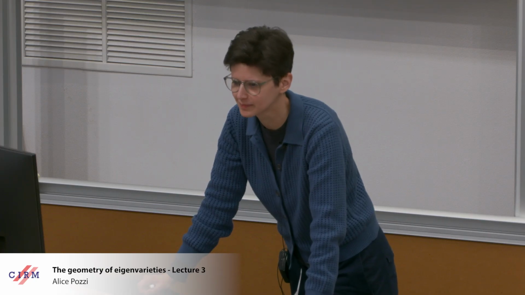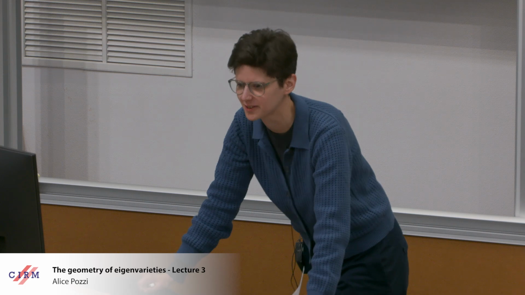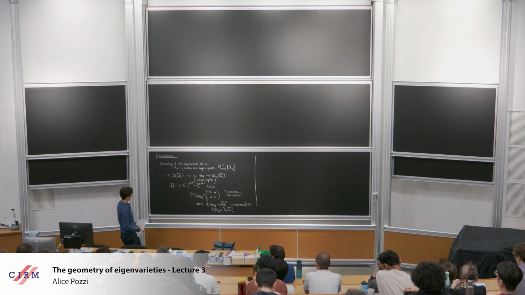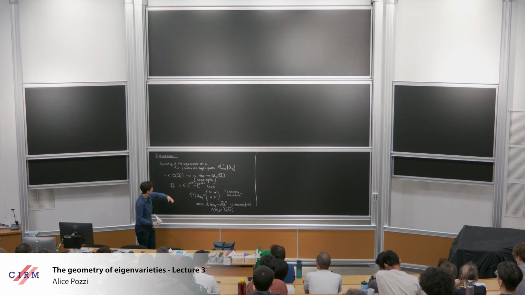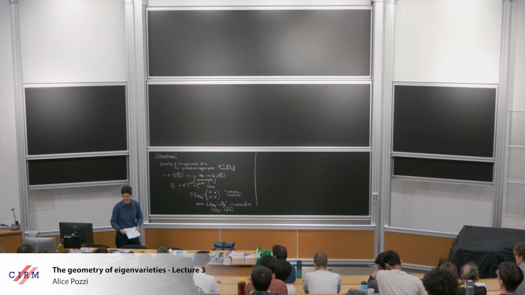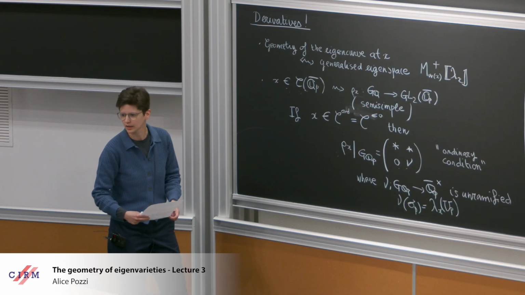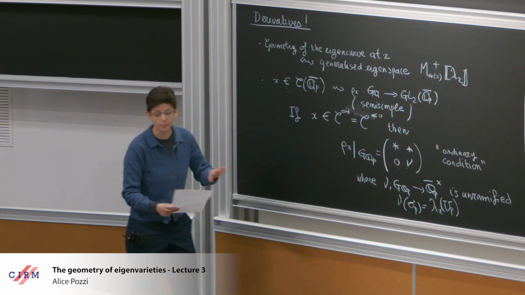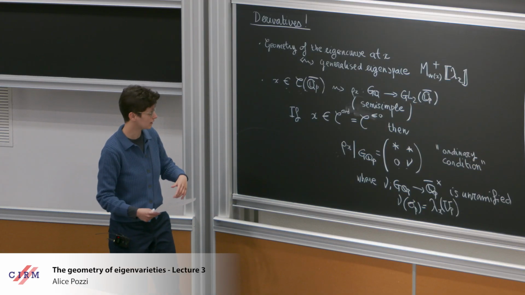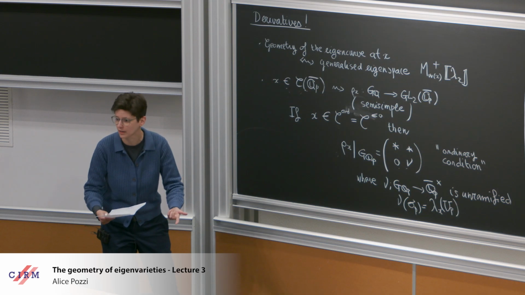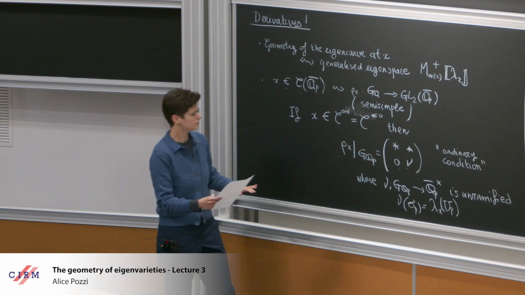It depends on what information you're trying to extract. I think it's clear that you would see Hida families in this language, so this should correspond to the rigid fiber of Hida's Hecke algebra. But it's not even obvious that what you would get a priori from Hida families has to do with overconvergence, so there is definitely stuff to prove.